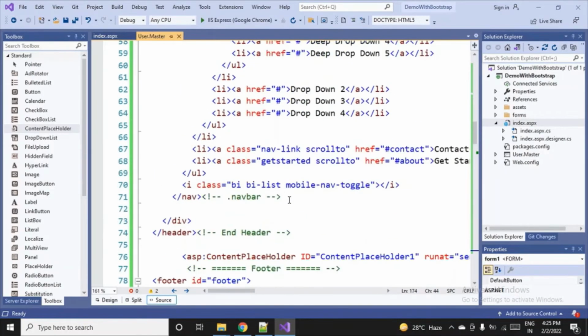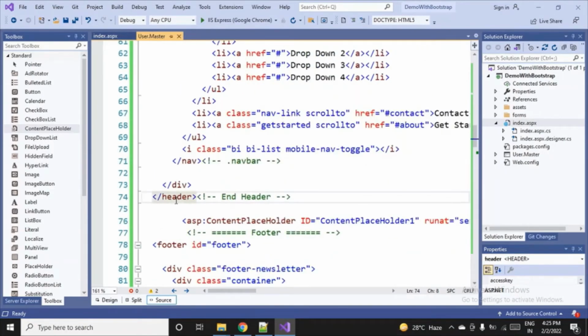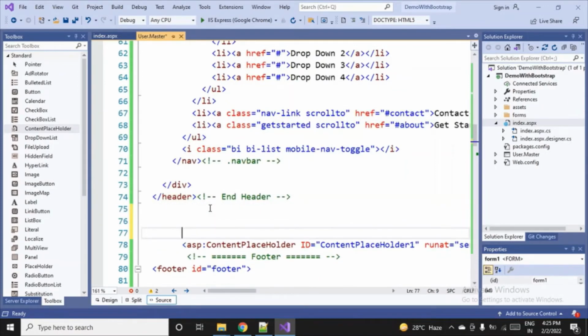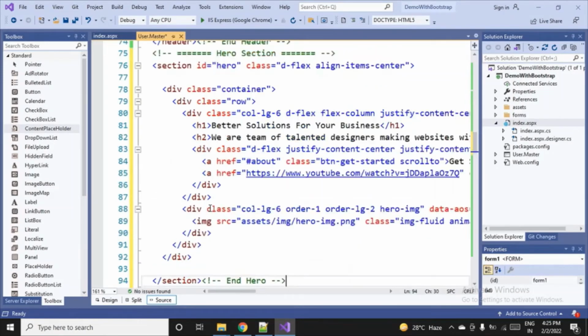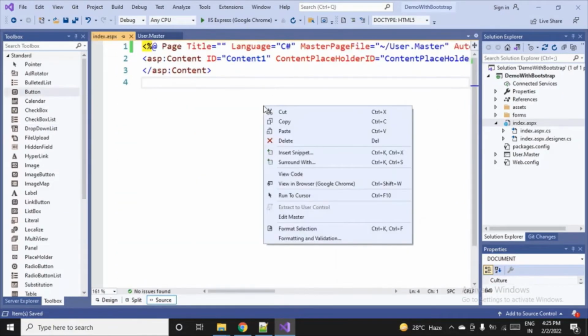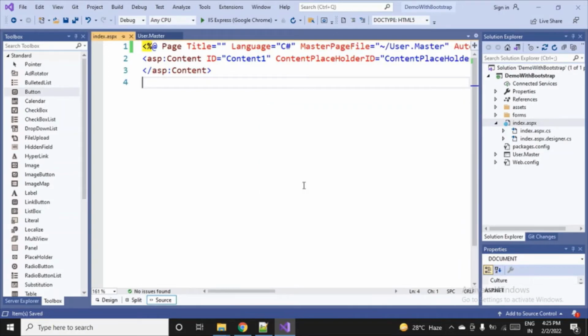This is the footer part, and here the header part ended, after header and before the content placeholder, of course. Here we have to paste it. After pasting it, save it, and now run the index page, and let's see whether the design got reflected on the index page or not. So view in browser.